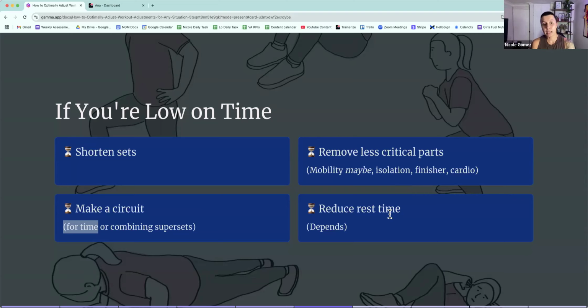Now, this again depends. If it's your main lift, instead of reducing your rest time, because we want to go for big numbers, I would take out a set, right? That's where that last one will apply, taking out one of your sets. But if you already did the first half of your workout and you're just trying to fly through the second half of your workout, because again, you gotta go, then reducing your rest time. When it comes to lat pull downs and rows or curls and lateral raises, you're just getting through them. I'm just trying to do this as quickly as possible because I gotta go.